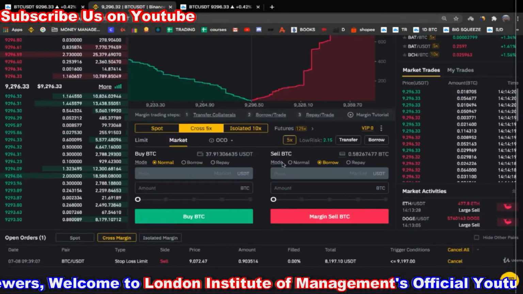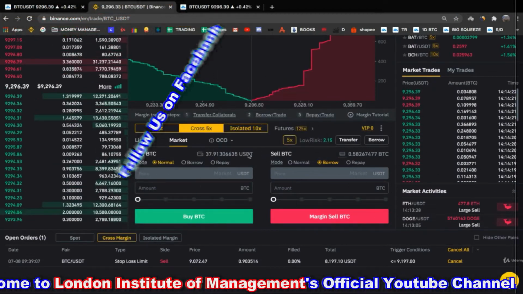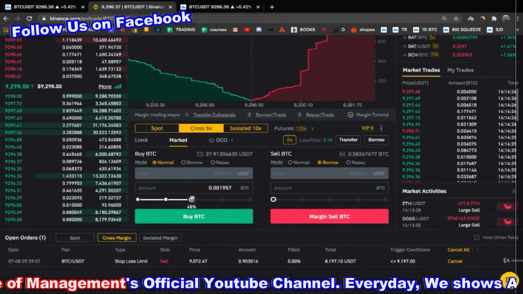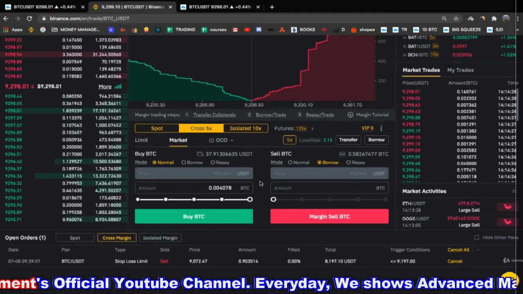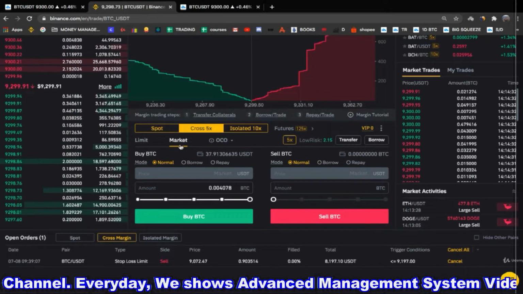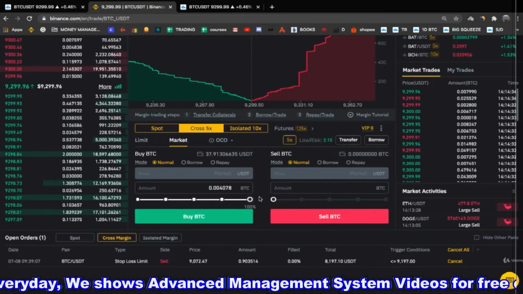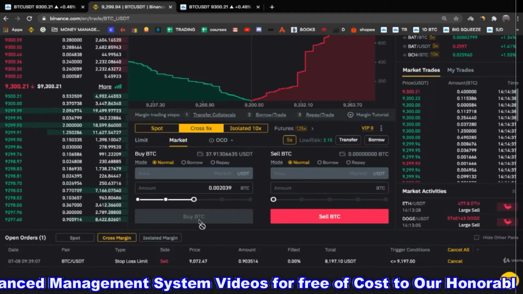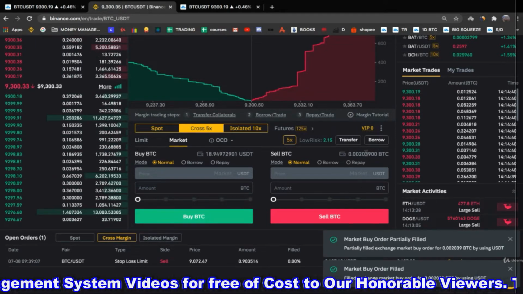So now I will market buy a little bit of Bitcoin for you, in order to show you how to set a stop loss. This is how you execute a market order. Simply put the whole amount, or we can even buy for less than the whole amount, and buy Bitcoin. And now you will see here we are going to have a Bitcoin. Okay.